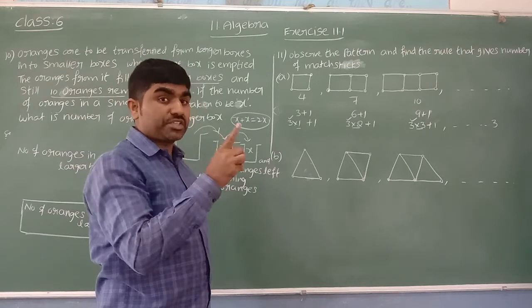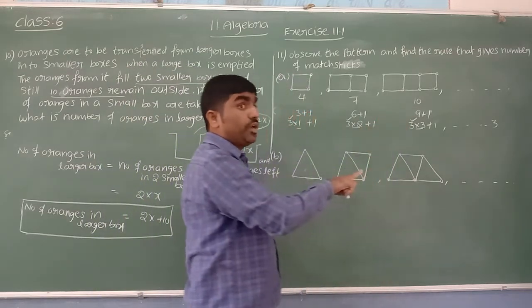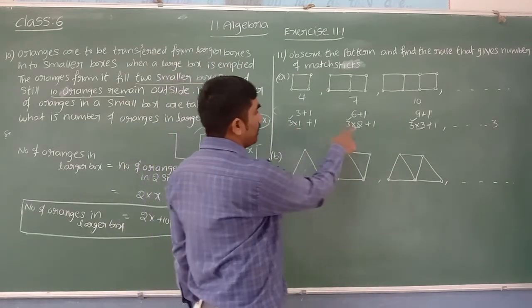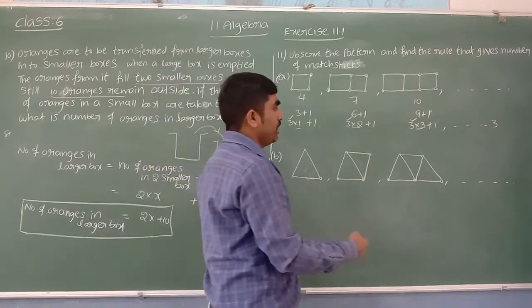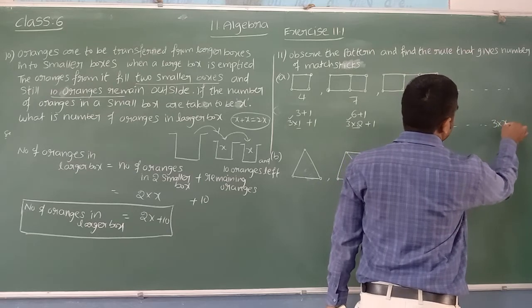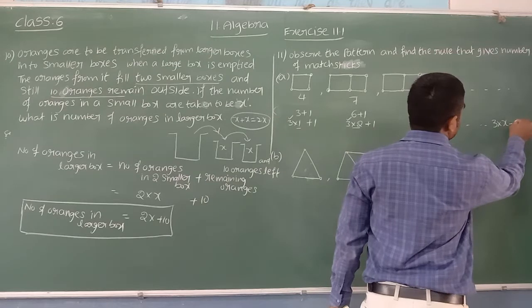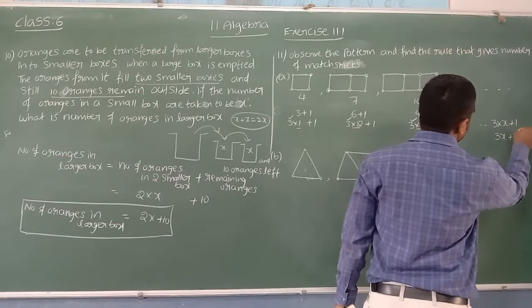Constant means fixed value. Here the first value is 3, 3, 3, a fixed value, a constant. We can represent it with a number. But in the second place, 1, 2, 3, different values, it is a variable. We can represent it with an alphabet. Let me represent it with the alphabet x. Plus 1 is the same fixed value. Now the rule is 3x plus 1.